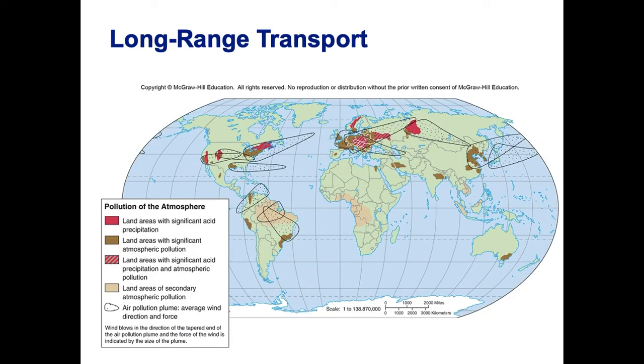For air pollution, we also see that it crosses boundaries a lot, and so this shows areas with acid precipitation and areas where that's transported just by air currents. And so the acid rain might be created in clouds above a certain area, but because wind currents or prevailing winds go in particular directions, they can affect places that didn't even have any factories.